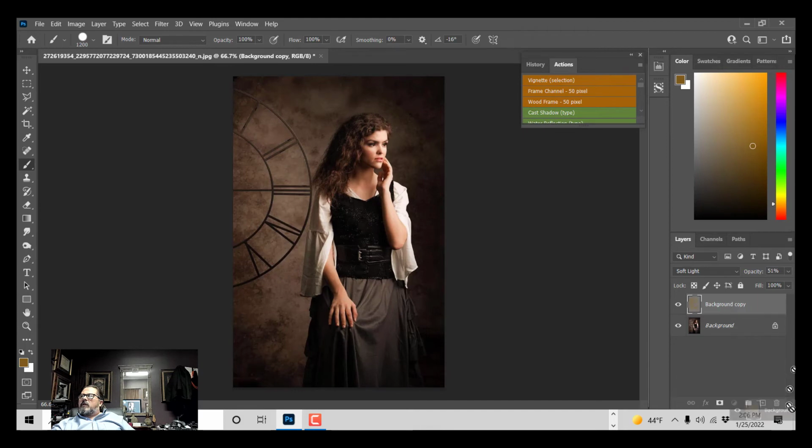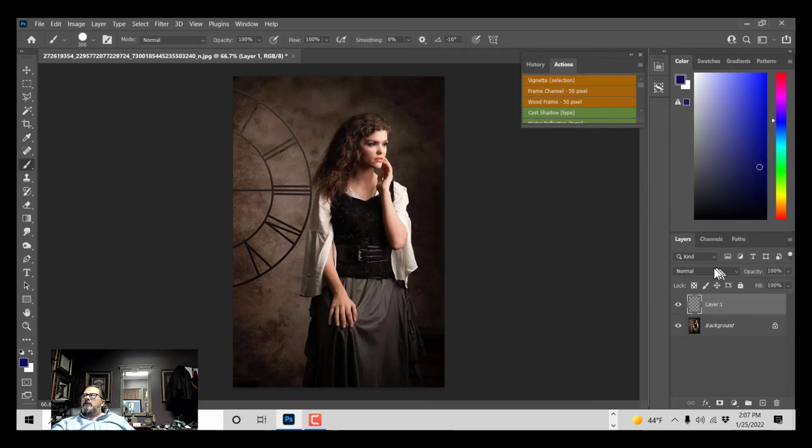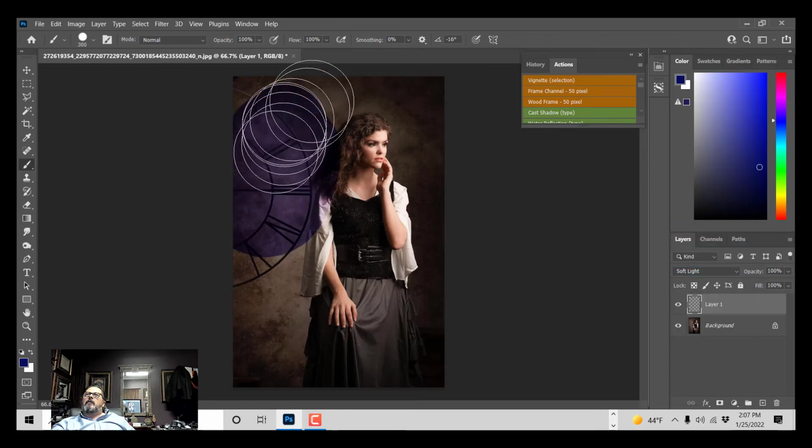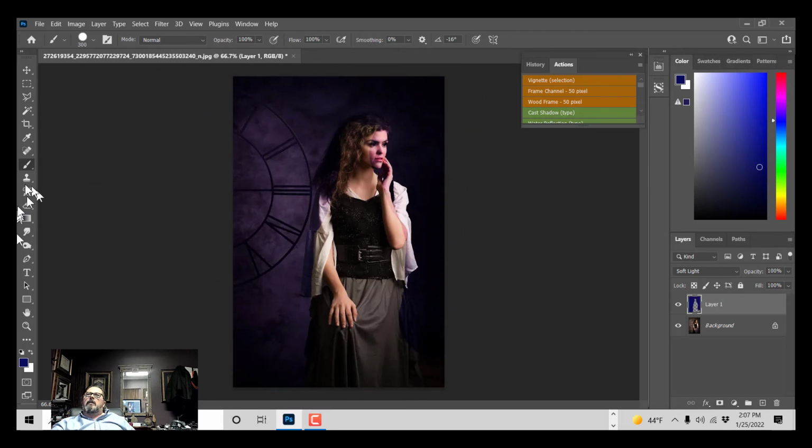So don't be afraid to try using a soft light layer. And of course you can spot it in as well. So if I like the light on her and I just want to add some color to the shadows behind her, maybe a bluish tone, I'm going to pick blue. I'm wanting to target shadows, so it has to be darker than a midtone. And I want to add color, so I'm picking this blue color. If I paint that in soft light mode, whoopsie, soft light mode back behind her, then mask it or erase it off her,